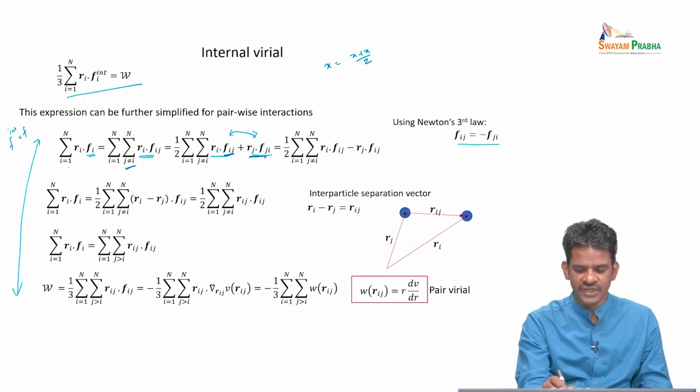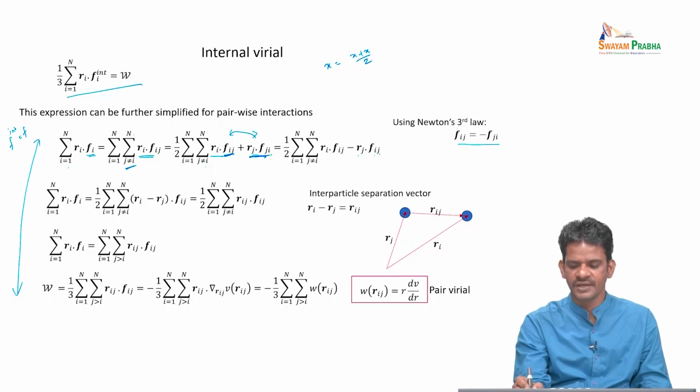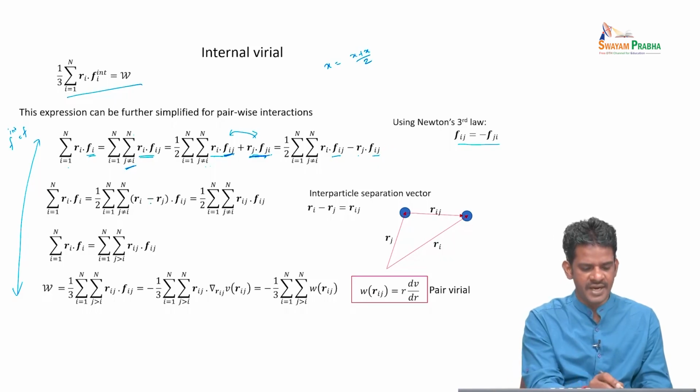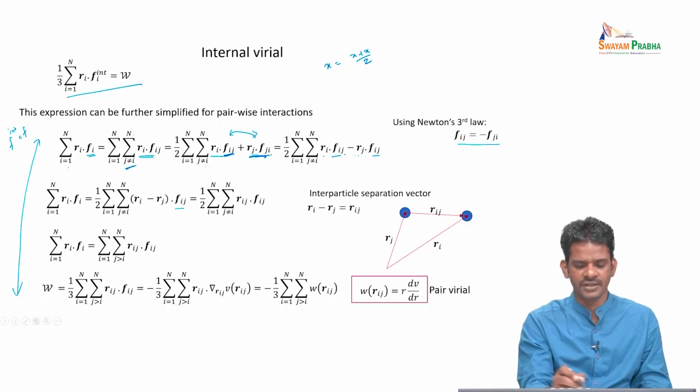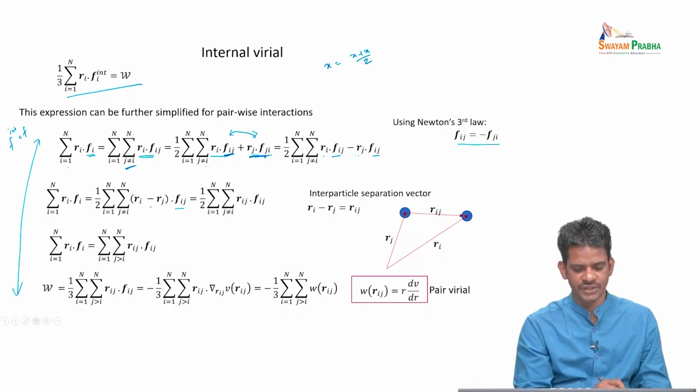So, I am going to write Fji as minus Fij. So, now you can see Fij is here and minus Fij is here. So, we can pull out Fij and then we can write